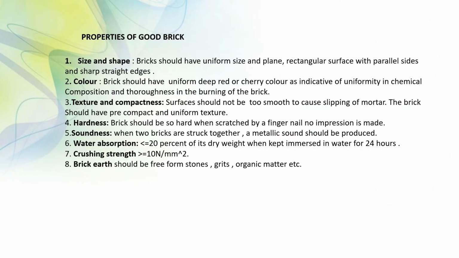Next, I will discuss properties of good brick. As you know, size and shape of bricks. Brick should have uniform size and plain rectangular surface with parallel sides and sharp straight edges. Next, color. Brick should have uniform deep red or cherry color, as an indicator of uniformity in chemical composition and toughness